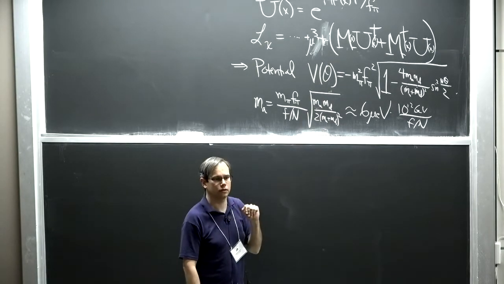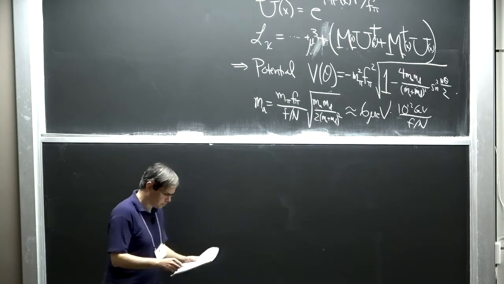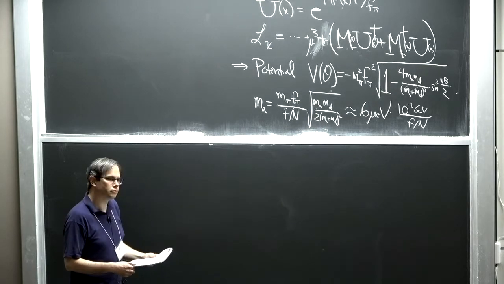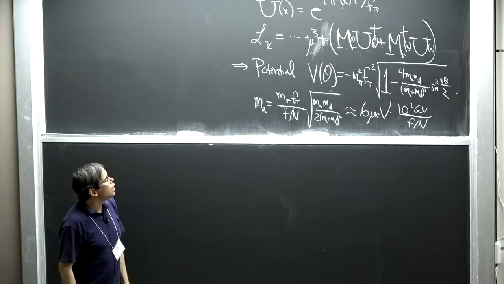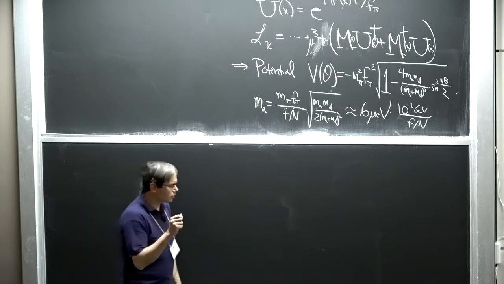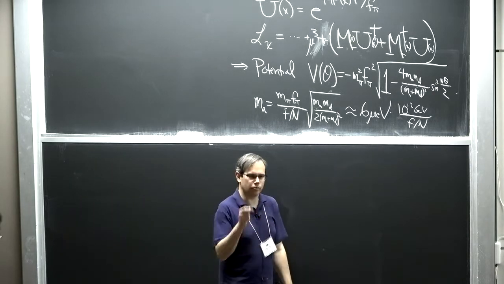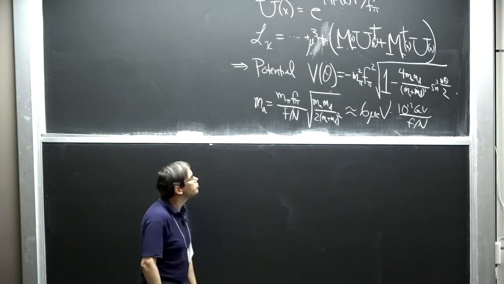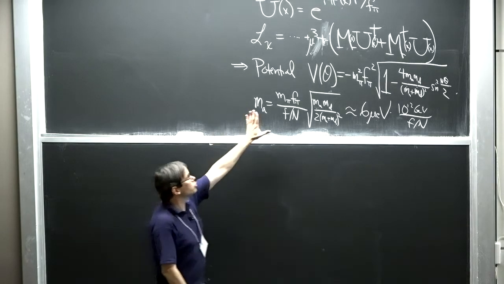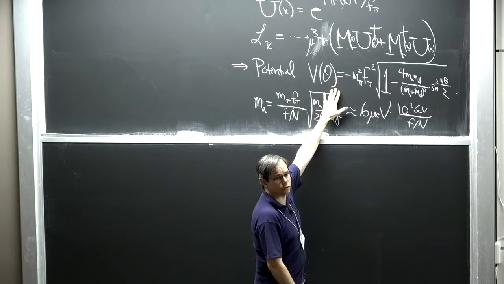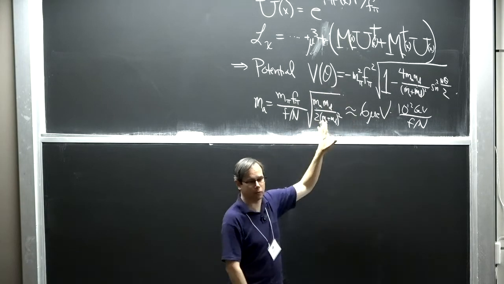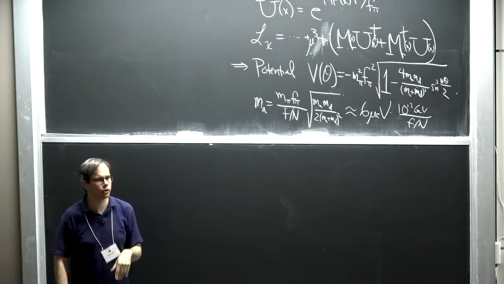Yeah? If the axion were discovered and it did indeed have a very, very small mass, would that introduce sort of a new hierarchy problem? Actually not. Well, kind of. OK, that's kind of related to what I'm going to talk about. It's the axion quality problem. So let me come back and address that later. But I guess I should say this contribution to the potential, this is just a totally finite potential, no divergences. So at least this contribution we don't worry about. But what you might worry about are other contributions. And that's what we'll come back to.